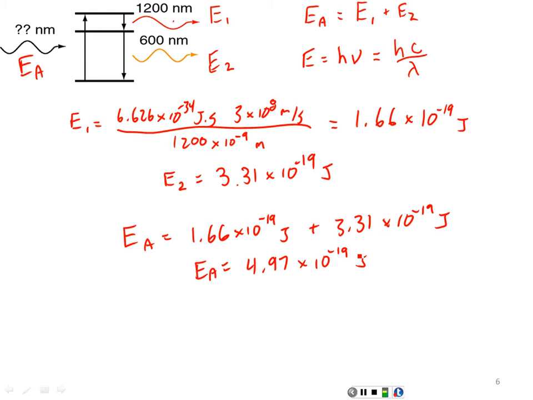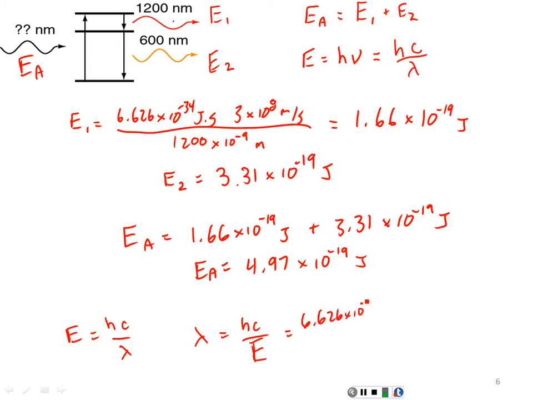Now we can use Planck's equation again, rearrange it, and this time solve for wavelength. So E equals hc over lambda. If we solve for lambda, we get lambda equals hc over E. And when we plug all our numbers in for this,